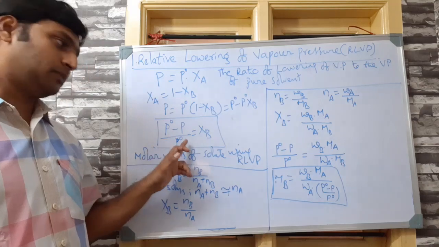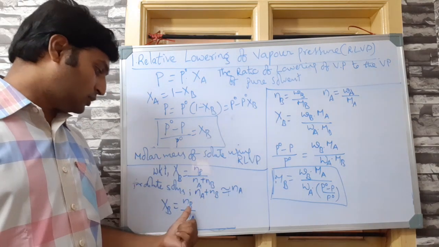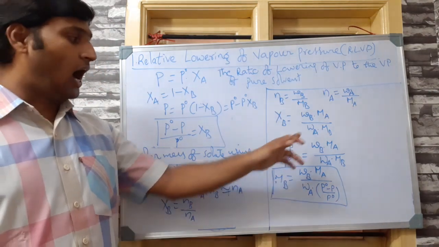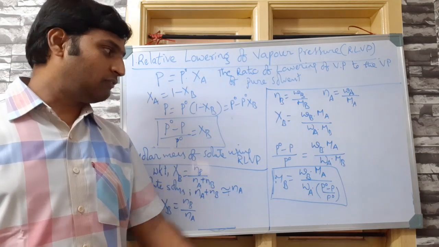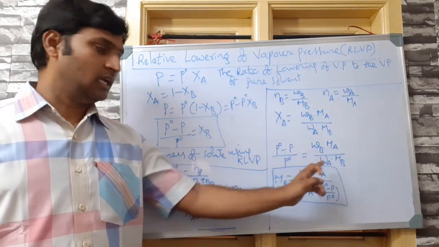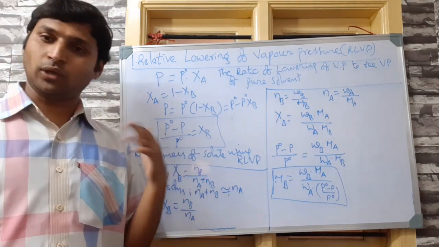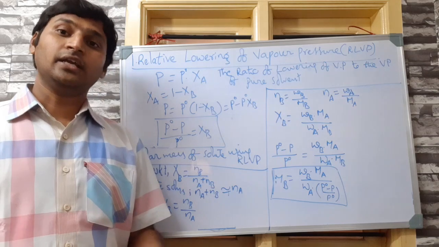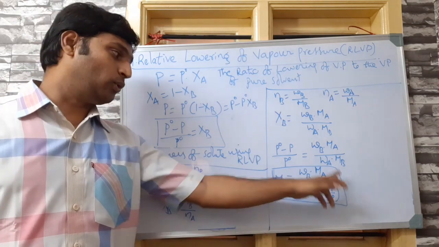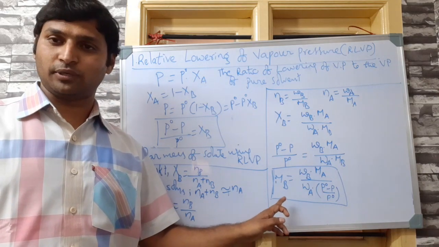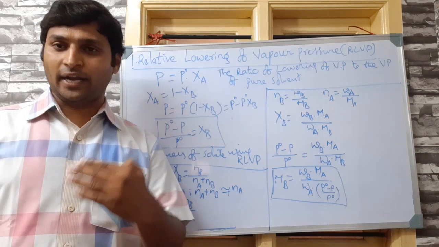That is the mathematical expression for RLVP, how to calculate RLVP if the number of moles of solute and solvent are given, or masses of solute and solvent are given, by mentioning the formula. If they mention the formula, molar masses we can get easily. Then they give you the mass of solute and mass of solvent. Then you find the mole fraction and substitute and get your RLVP. Whereas if RLVP is given and the molar mass of solute is asked, then how are you going to determine the molar mass of solute? This much we have done. There are a few more aspects to wind up RLVP.